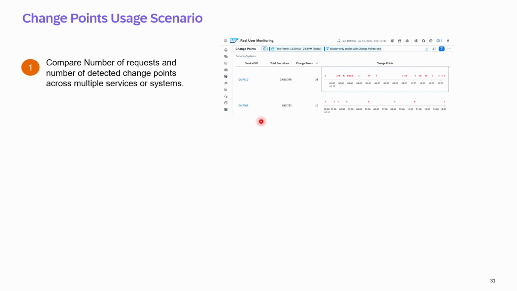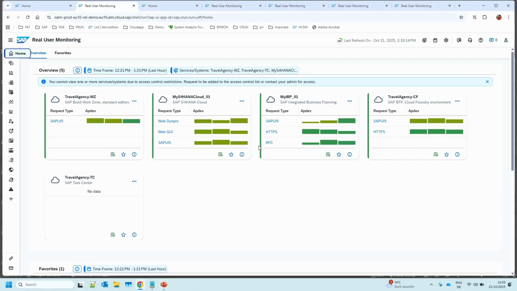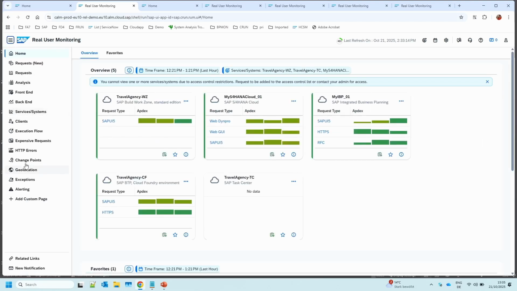Okay, this is how it looks, but maybe I show you this directly in the system. This is our application, real user monitoring. I have several systems in my scope. On the left-hand side in the navigation, if we open this tile, you have a dedicated page for change points.